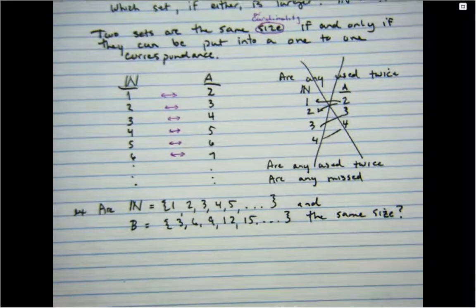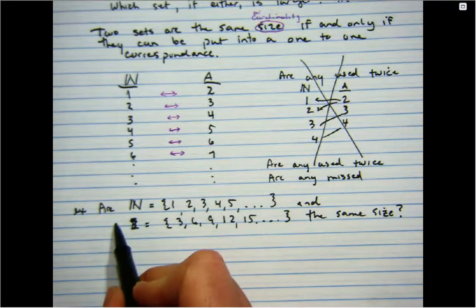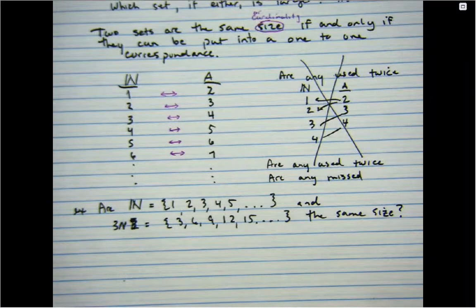So here's an example that's similar to one of your homework. Are the set N, the natural numbers, which are 1, 2, 3, 4, 5, ... and the set B that I just made up. So sometimes, in fact, B is called 3N because it's the multiples of 3 times the natural numbers. So you could change your B into a 3N. 3, 6, 9, 12, 15, ...